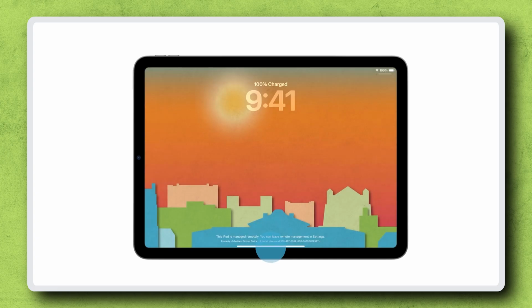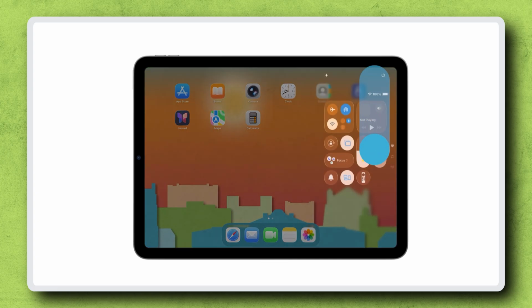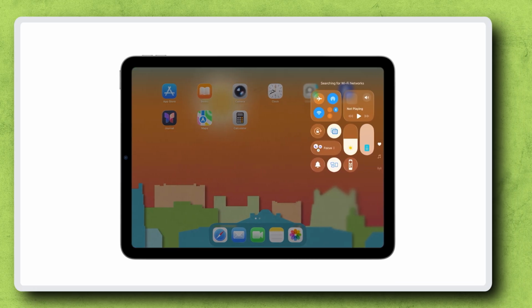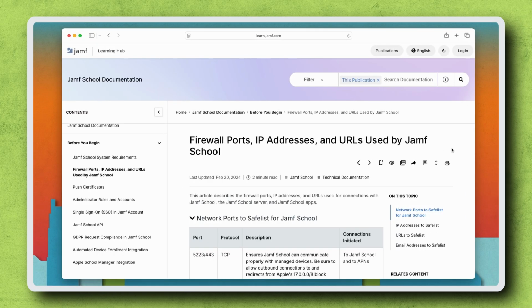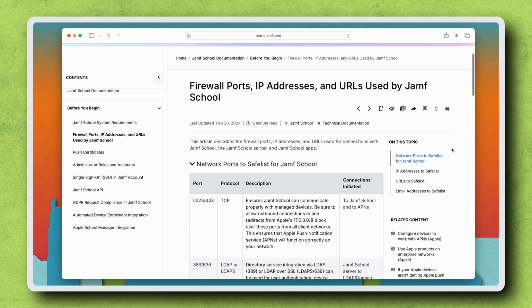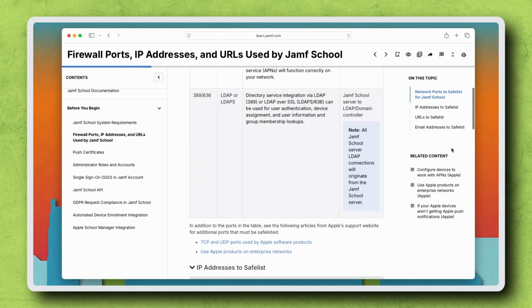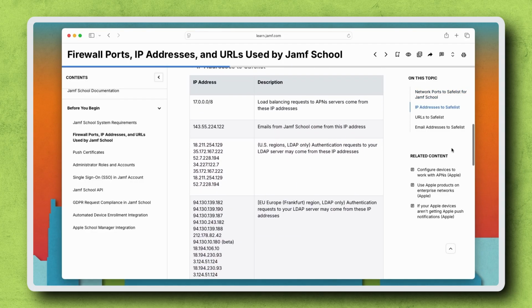If devices aren't receiving profiles or other management actions, one of the first things to do is check and make sure the devices are powered on and connected to the internet. It's also important to make sure your school's network configuration isn't blocking any network traffic that Jamf School may use to communicate with Apple devices. For more information, check out the link in the resources titled Firewall Ports, IP addresses, and URLs used by Jamf